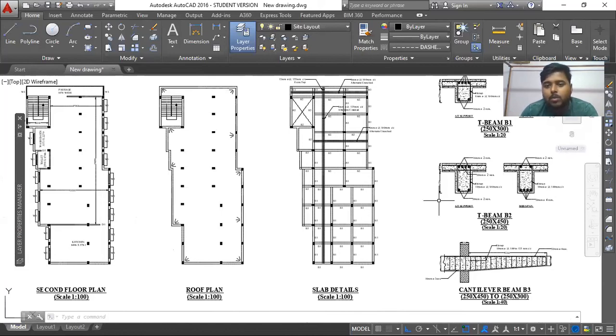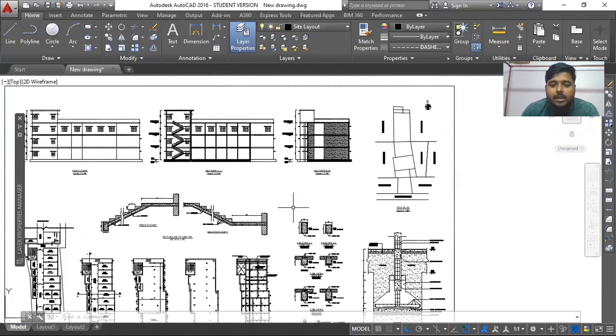Maybe for the bathroom you are using a 3 feet width door. Maybe for the main door you are using a 3.5 feet or 4 feet door. Maybe you are providing some kind of collapsible gate, so mention it as CG, and in the door window schedule mention that CG this much height, this much width.